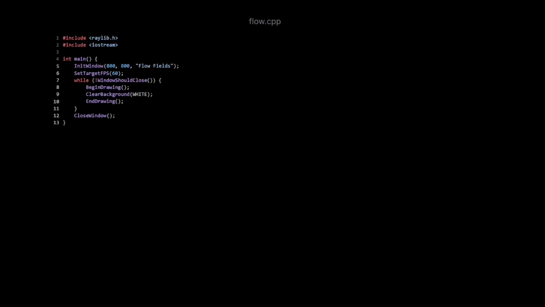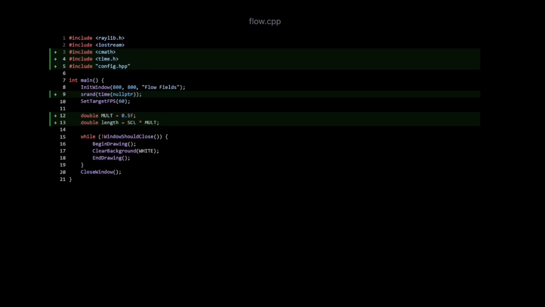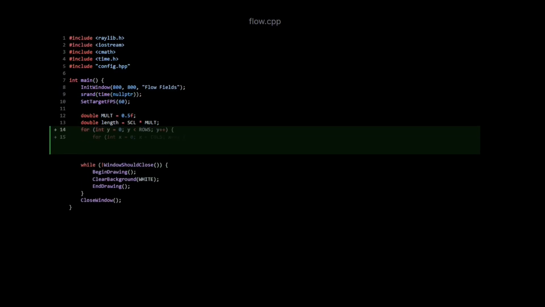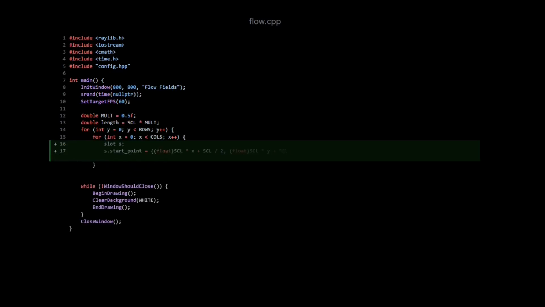Now we're back in our flow file to make some visual changes. So first things first, we have some includes, seeding our random function, and 2 new variables, a multiplier and length. Length is going to be the size of the vectors that we draw. Then we're going to look through our entire grid, and for each grid cell we're going to create a slot with the start point of that slot being the middle of that grid cell,